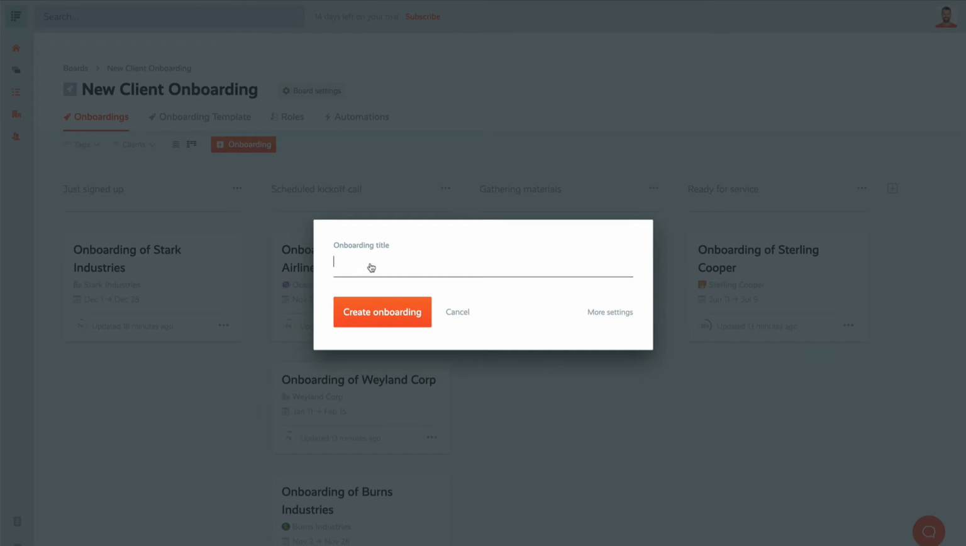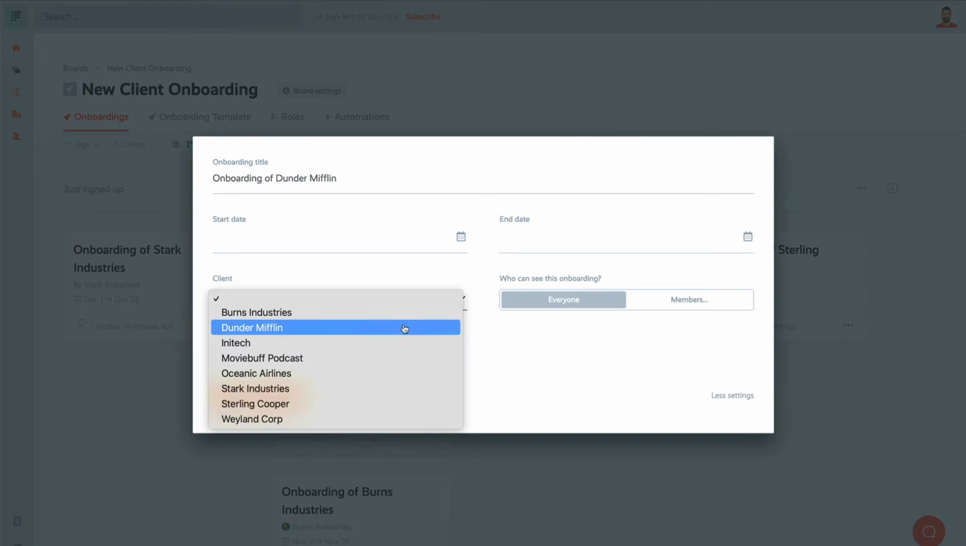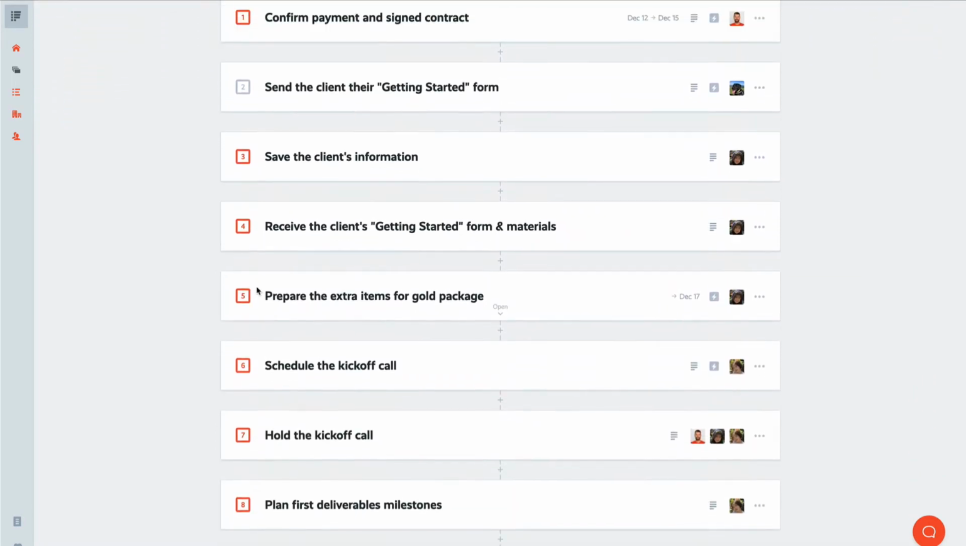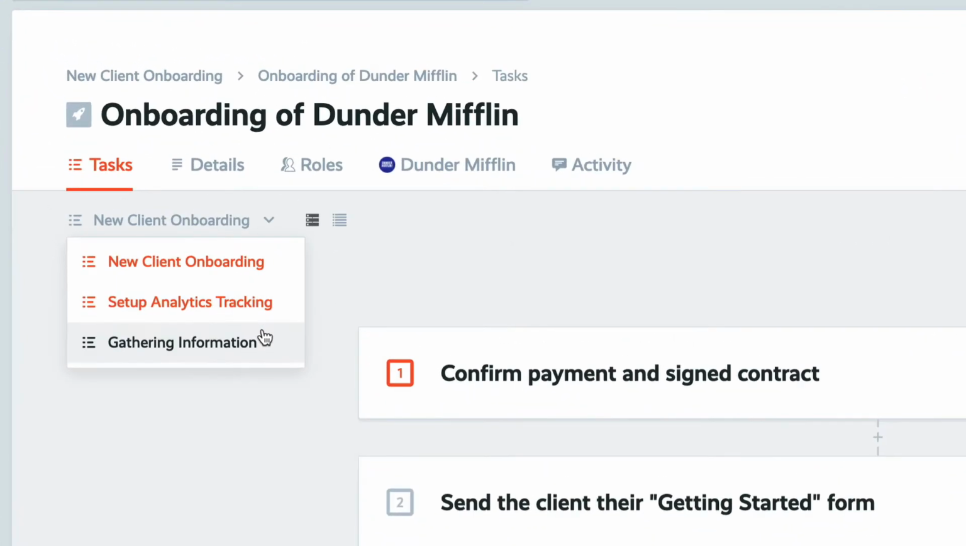Today we're going to be onboarding our newest client, Dunder Mifflin. So we'll attach our client to this onboarding, and let's create it. So here we are in the onboarding of our new client, Dunder Mifflin, and ProcessKit has automatically set us up with our task list copied from our process template. In fact, this onboarding has 3 task lists attached to it, which we'll use as we move through the onboarding